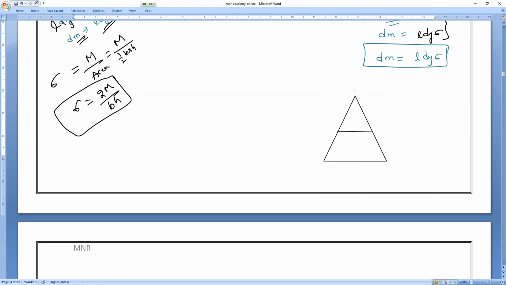I have chosen this part. Let me take this as A, B, C, and this one is D and E. Now see, ADE is a similar triangle to which triangle? The big triangle ABC. So both are similar triangles. Similar triangles means side ratios are proportional, the side ratios are the same. So what are the side ratios? Check it. What is the total height, everybody? Total height of the triangle is